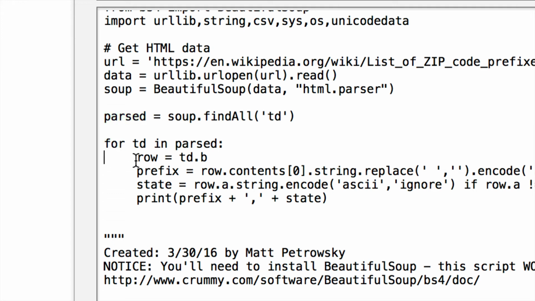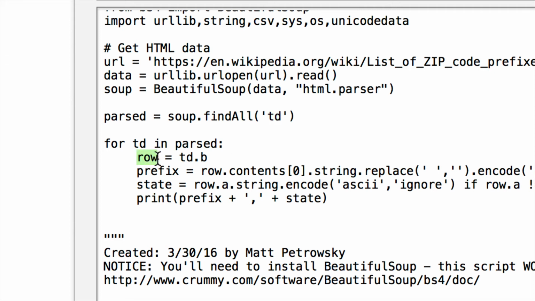So here again is where Python shines. Python works on an indentation rule. So in other words, this right here is a for loop, just like a loop we have within FileMaker. But everything indented underneath this line is going to do what I want according to the loop. So I'm saying for TD, which is a new variable that I'm making up, in the content that I have within parsed, which, as we already know, found all of my TD tags,